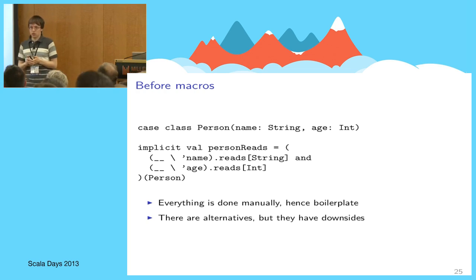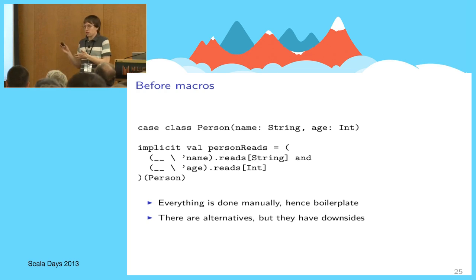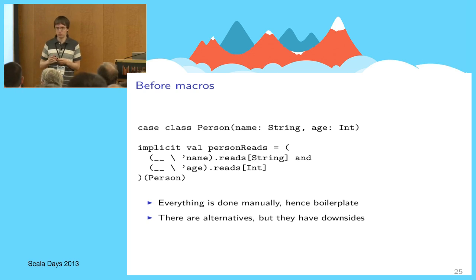Say when you want to serialize this case class Person, then yeah, you just enumerate its fields. You build this deserializer, and all's fine. Except for the fact that you have to do this for all the classes in your application that you want to serialize. And these classes don't have to be as nice as that one. They don't have to have just a couple of fields, okay? And this quickly derails into a lot of boilerplate.